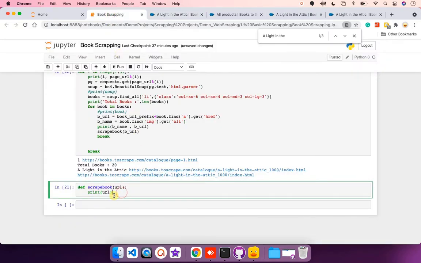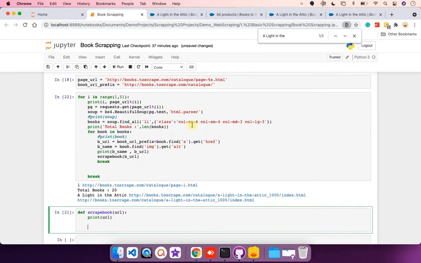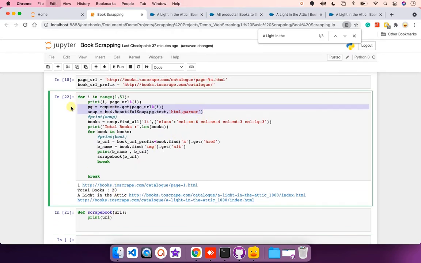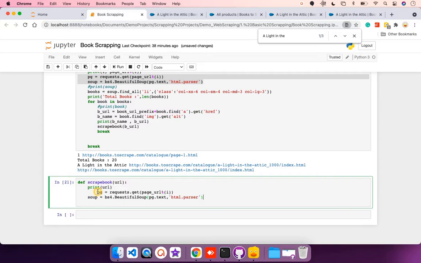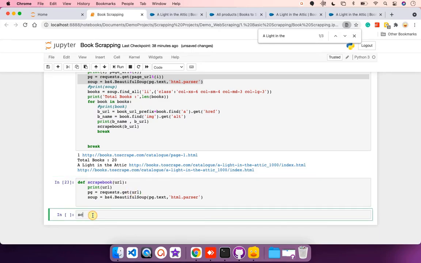First thing first, I'll fetch the content from the URL. And I'll call the function.